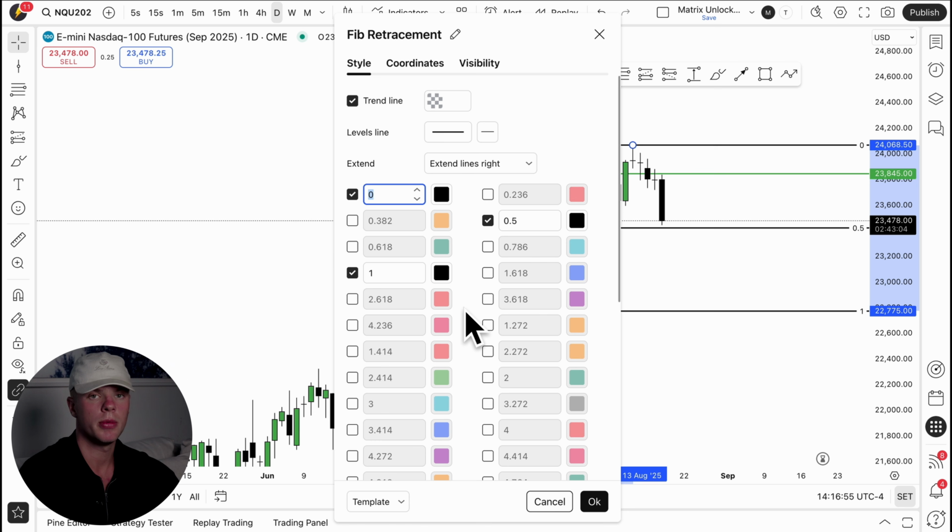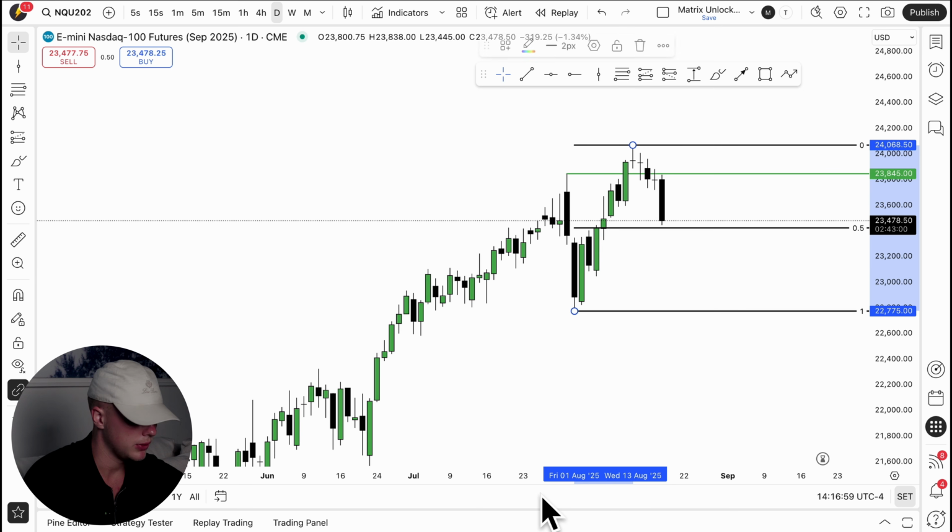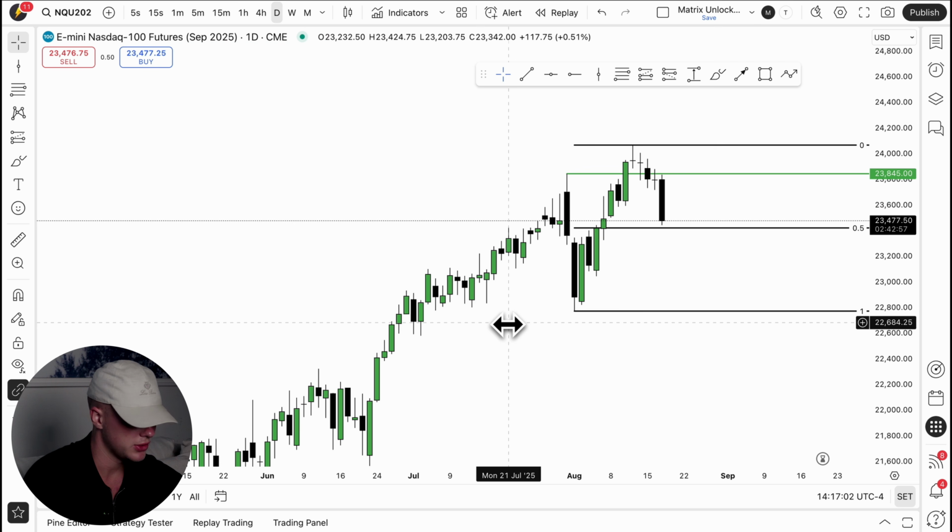If you go to the settings of the fib retracement tool, you can put in whatever number you want to start paying attention to. In my opinion, you can pay attention to a lot of different things, right? But at the end of the day, all that you need to know is range low, range high, equilibrium. That's all that matters. Everything else is noise. Everything else is distraction, in my opinion. You can have all the different levels in between, but why would you pay attention to all those levels if the main levels are these?